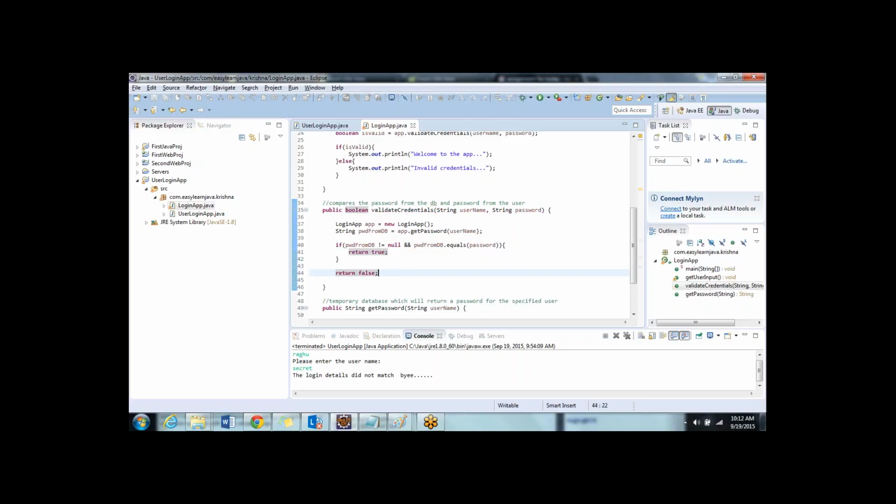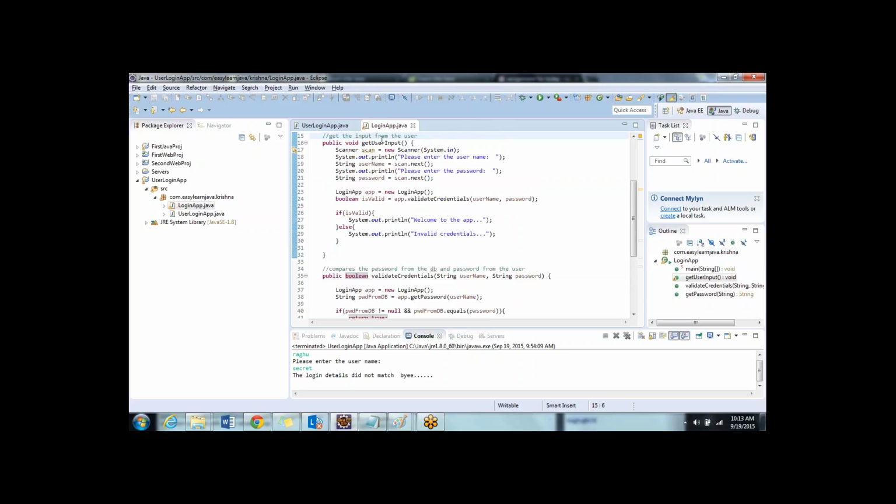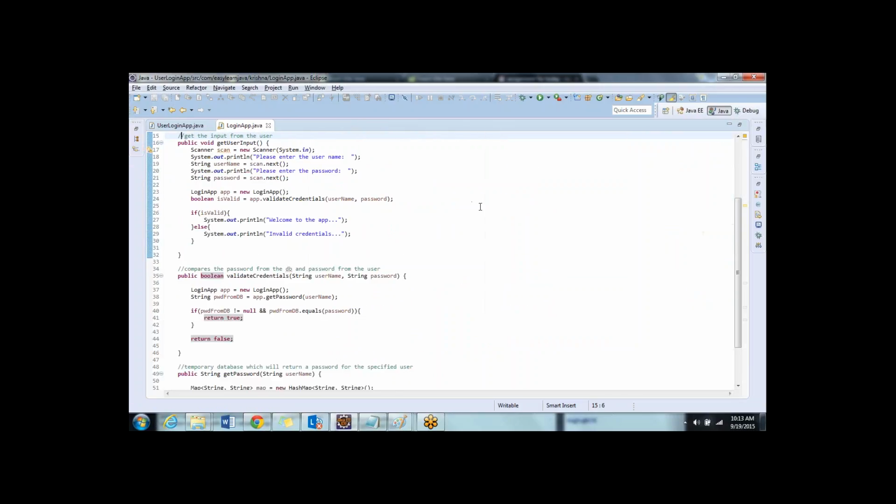I will explain each and everything step by step by executing. So now I return false to this method at line number 24. Now we are done with the basic app, and the other thing that I want to explain here is like always